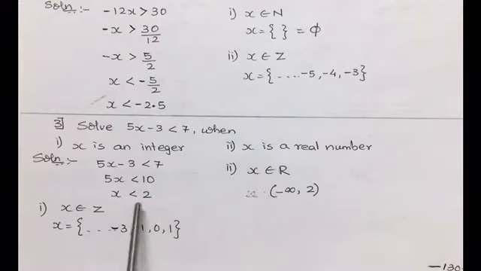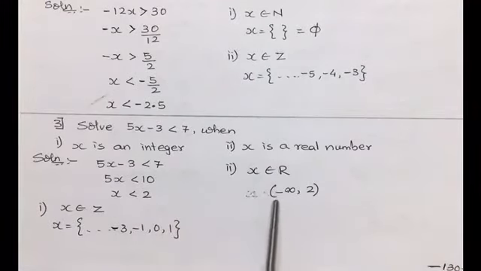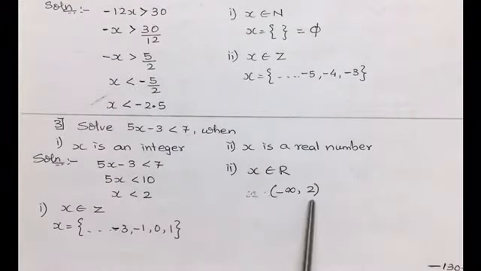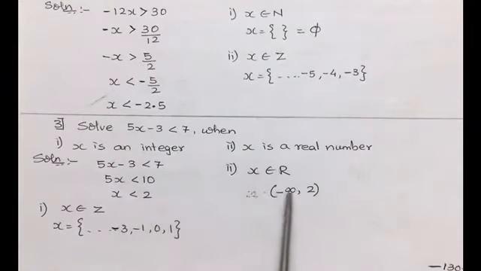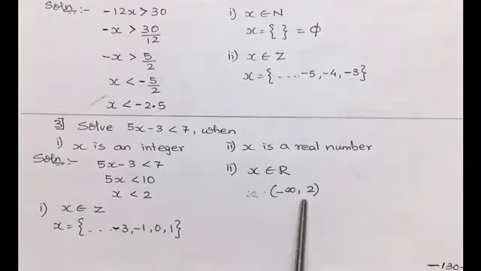So as x is less than 2, towards the left side, it will be taking minus infinity to 2. Whenever we are writing the infinity part, whether it is minus infinity or plus infinity, we always keep an open interval towards infinity. But as the equality sign is not there over here, 2 is not included, hence at 2 also it becomes an open interval. So when x is a real number, the solution lies in the open interval minus infinity to 2.